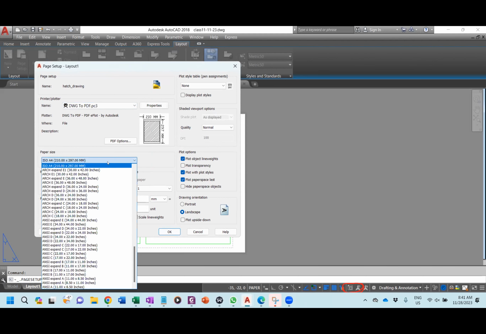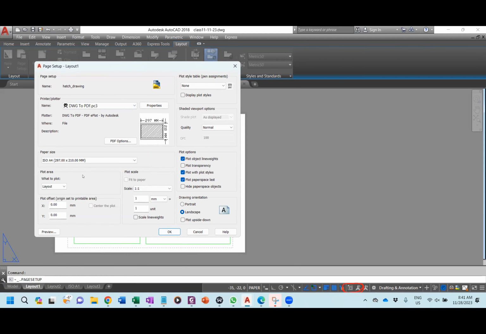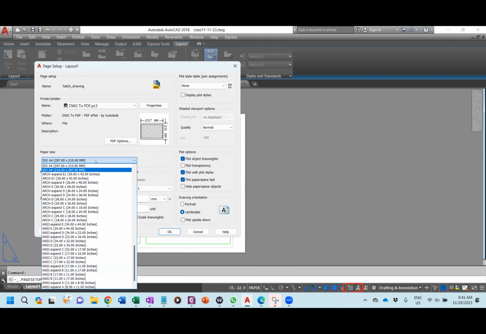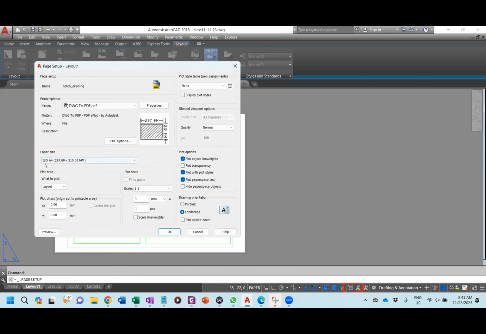Then I also choose maybe A4. Okay, A4 is fine. So let me choose A4 portrait. Can I see that somewhere? Yeah. Okay. Should I choose portrait? Okay, then let's just go with the portraits. It's fine. No, okay, no, let's use the landscape. Okay, let's just use the landscape. And then if you come to